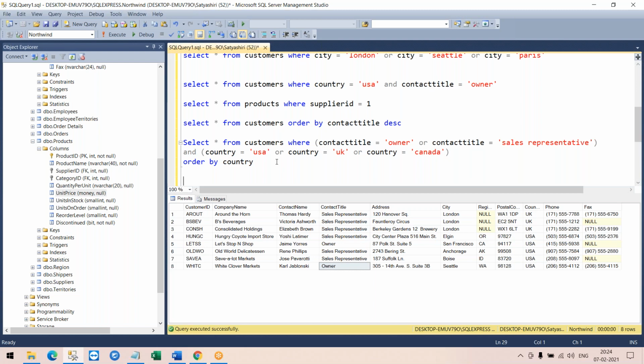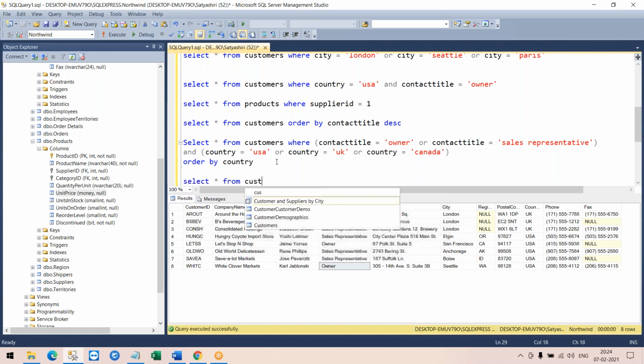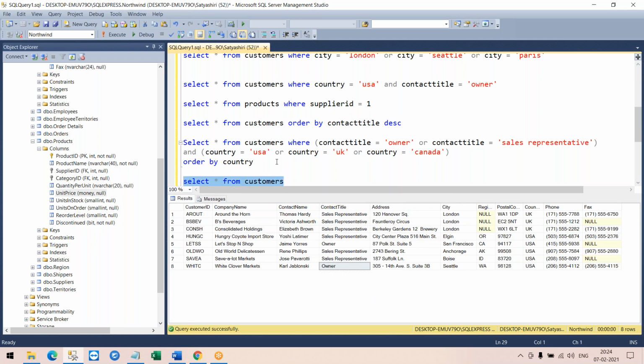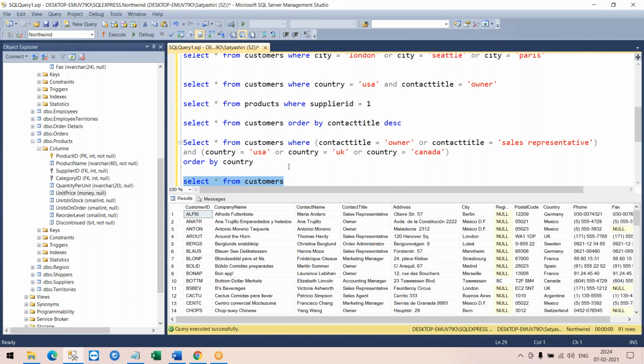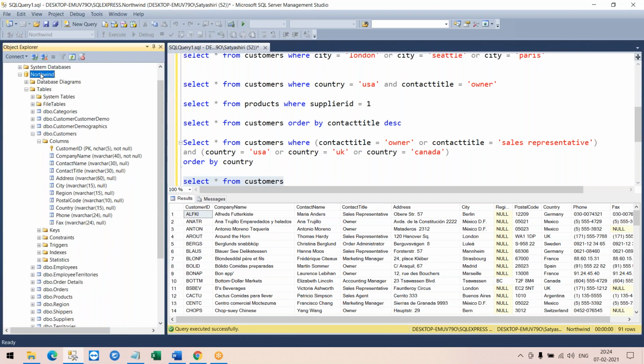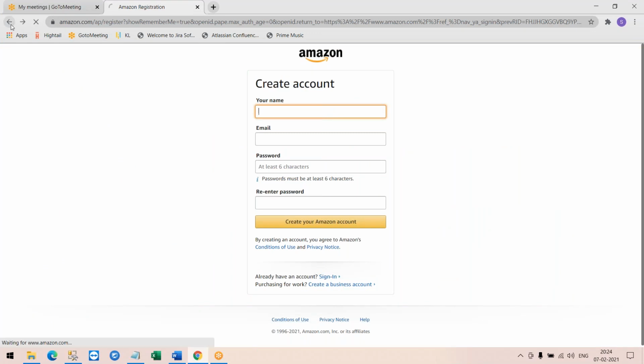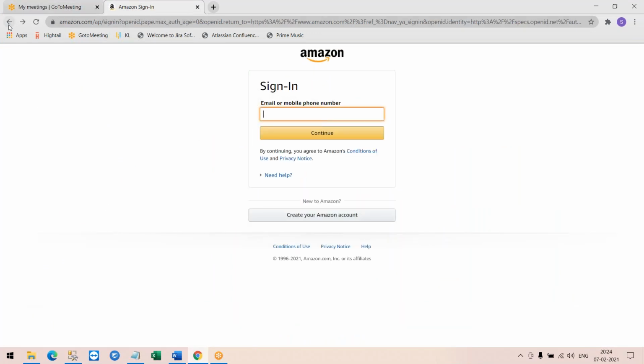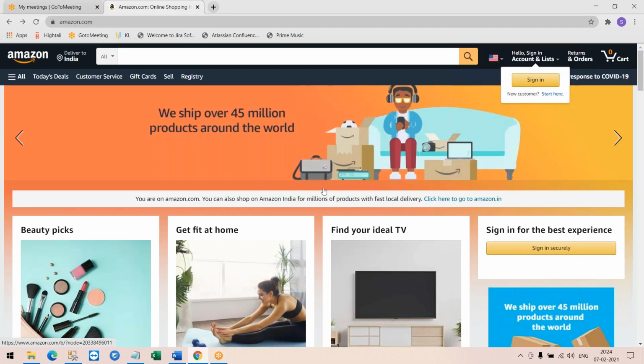Now, let's say, for example, when I'm executing a simple query like select star from customers, it fetches all the customers' information. Now, assume Northwind is the database for Amazon. You can imagine how many customers there will be for Amazon. Some millions of customers, right?